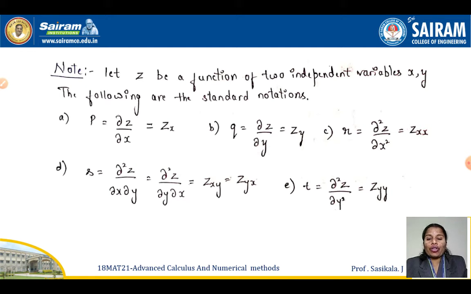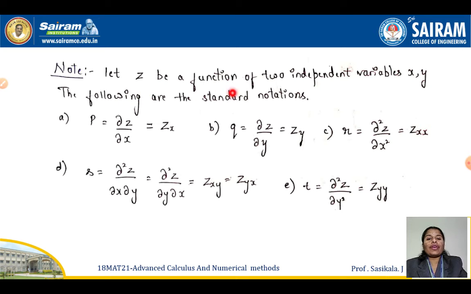Throughout this model we will use these notations for the PDE terms. So you should remember what notations we have used. For example, P, Q, R, S, T. These five alone we will use as the PDE notations throughout the entire chapter. So wherever you have a P, it is nothing but dou Z by dou X. So remember, it should be only dou Z by dou X. You are not supposed to use dou U by dou X as a P. Clear? So that's what the note says.